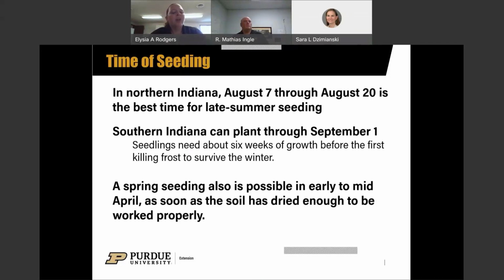All right. We can also do spring seedings kind of early to mid-April, as long as the soil is dried enough. I know for us up here in northern Indiana, this spring wasn't as bad, but the last few years, 2019 especially, that soil would not dry out. We had farmers that were still planting corn and beans into July. So a year like that would not be a good year trying to get a new pasture or hayfield seeded